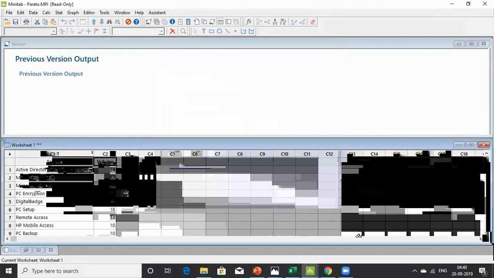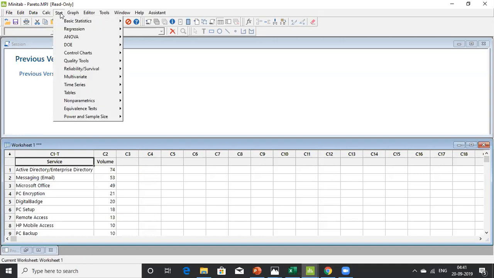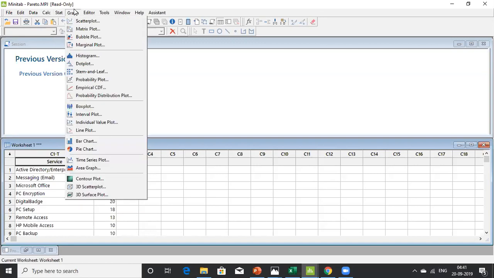it's showing the volume. Let's say this is the defect numbers for a particular service that we are providing. Let's say in Active Directory, we have 74 errors. In messaging, we have 53 errors. In the Office, there are 49 errors, just an example, right? I want to find out where we have the maximum trouble, which are the areas that we'll have to address. And this is a tool that we quite often use in business through Excel, which is nothing but a Pareto